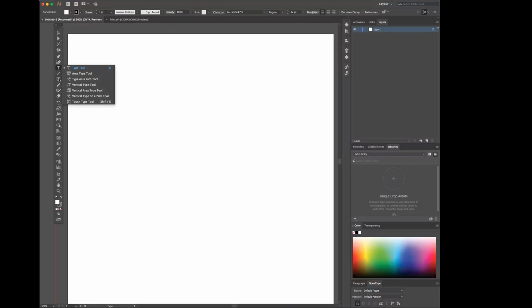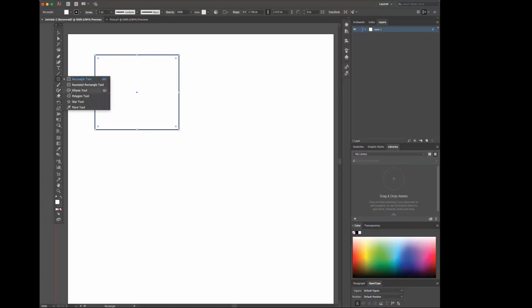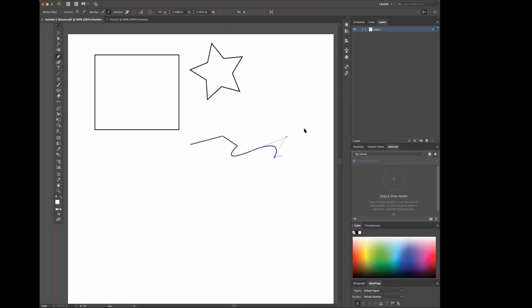And that one's really cool because no matter what you're drawing, whether it's a square or a star, or it can just be a wavy line with your pen tool, click on a few lines there.